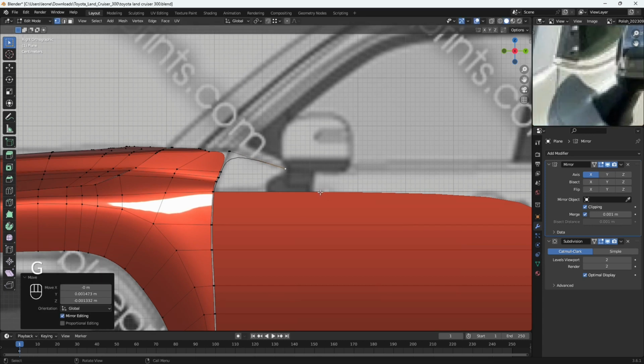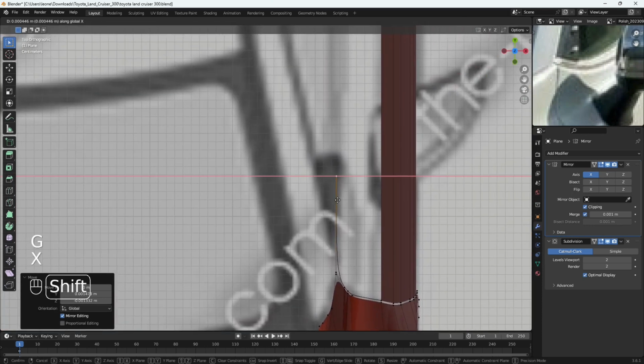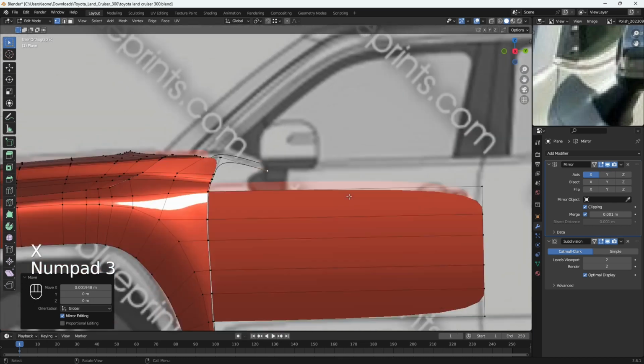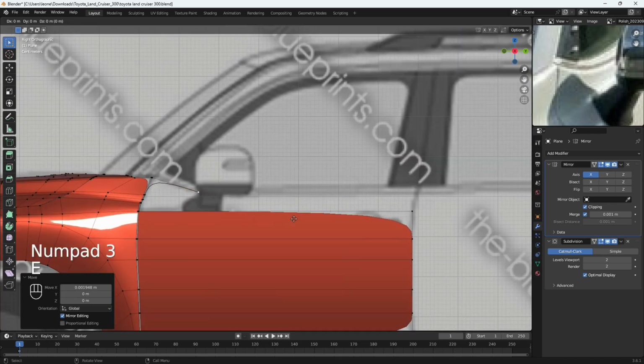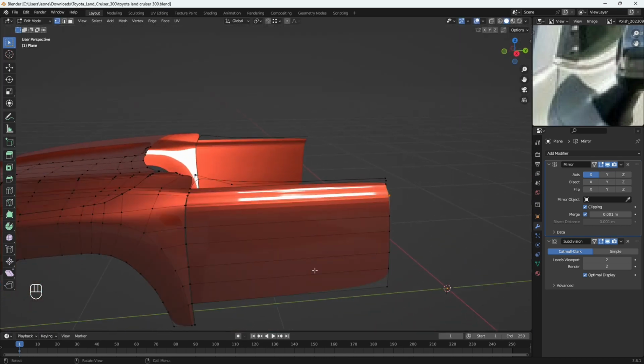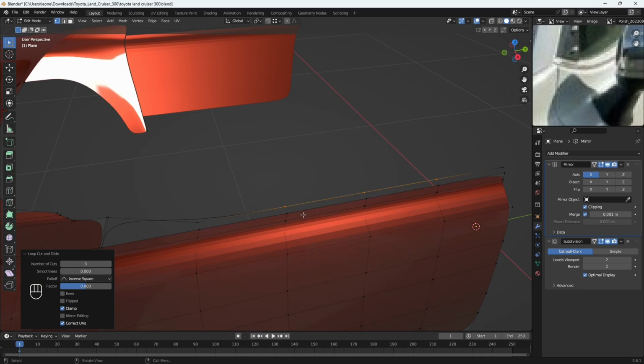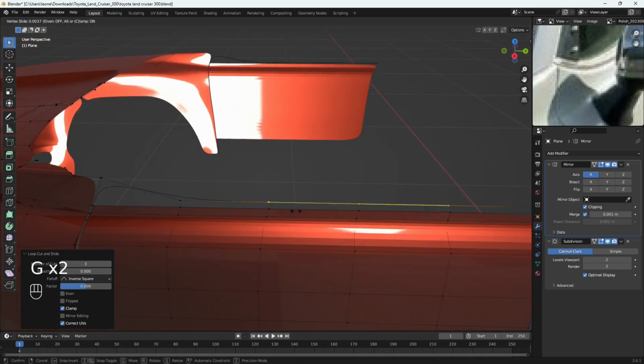Let's go to our top view, and I'm going to move it outwards just slightly like so, and let's extrude one all the way to the end here. And I'm going to add 4 edge loops here, and over here I'm going to add just 3, and let's slide them a bit to the right to align